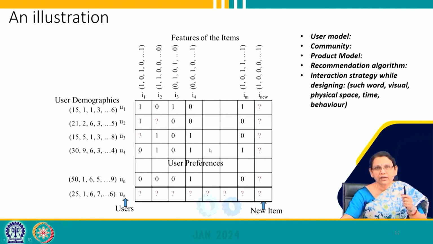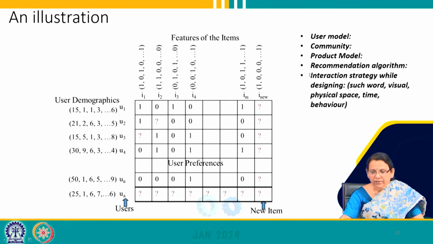So, this is what I already said. Using this user demographic, probably we can make one user model. Similarly, using this similarity among these users, we can make one user model from this community. These are the product features, we can make a product model out of it. Then we can have recommendation algorithm which will be deciding these question marked places where you will be predicting certain values. Then you can have interaction strategy where you have to decide what should be your choice of words, what should be your choice of visuals, and in what kind of physical space the user is going to use this